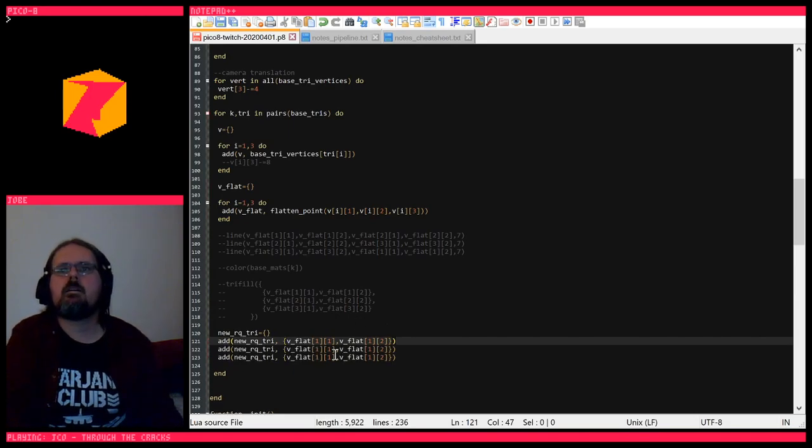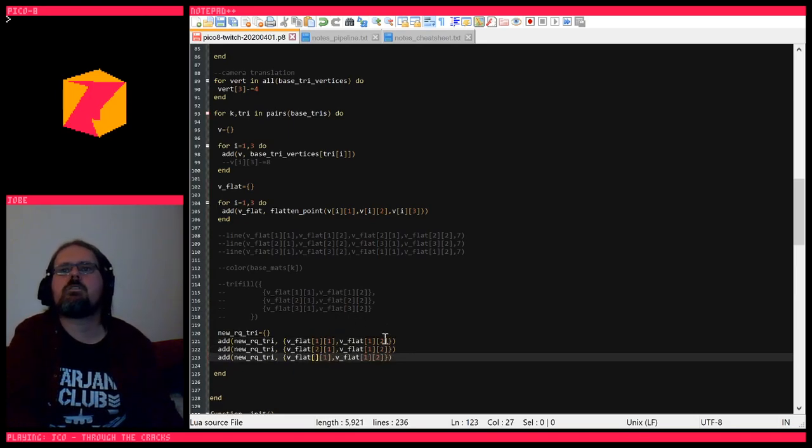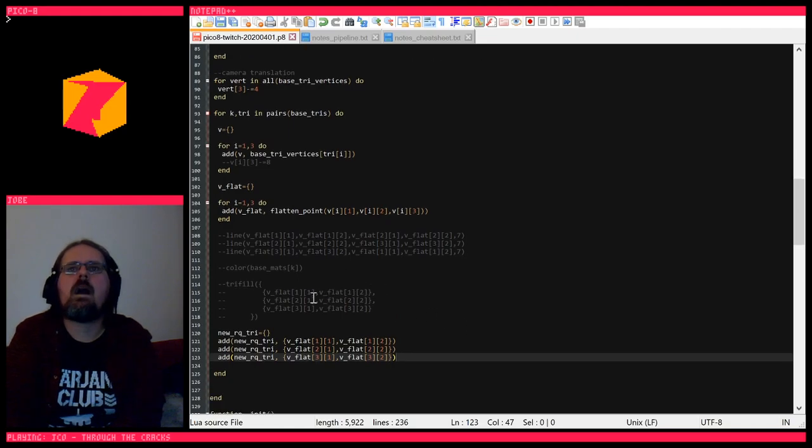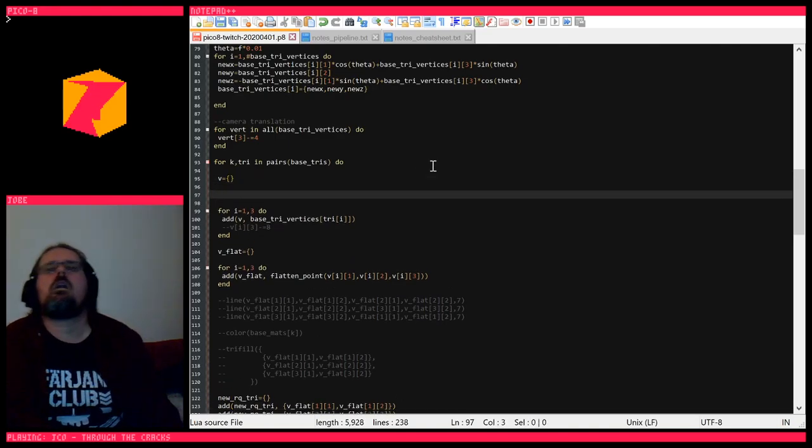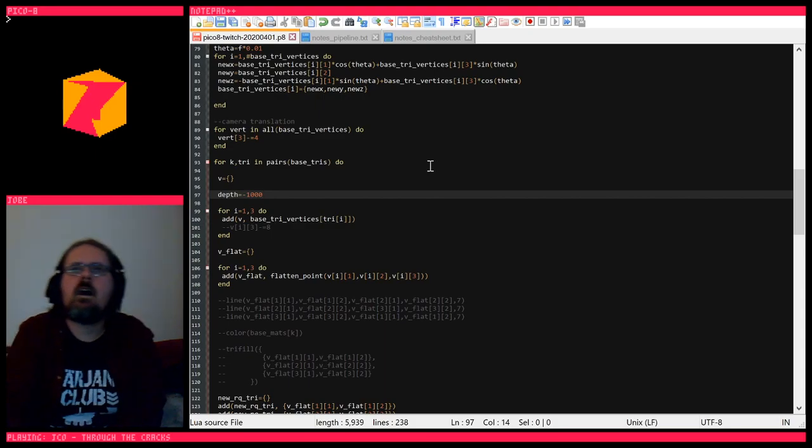Like that. They're going to be the first things we add there. Then we're going to add the depth. So we're going to define our starting depth as -1000, and now